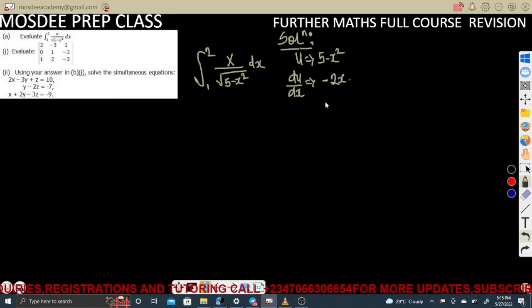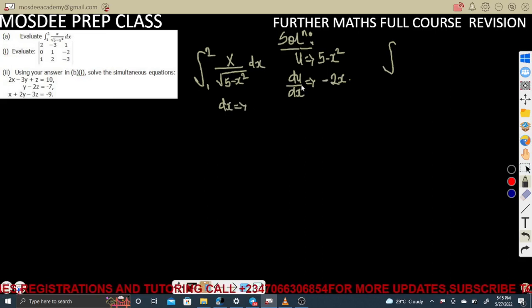So I will substitute it back to this guy so that it will consume it. Watch the way it will consume. So I'm having the limit of differentiation. In fact, this is du by dx. Many times we make dx the subject of the formula so that it will be spotted on. Now if I cross multiply, which I believe you all can do, let me change to a clean page. We are going to have dx is equal to negative 1 over 2x